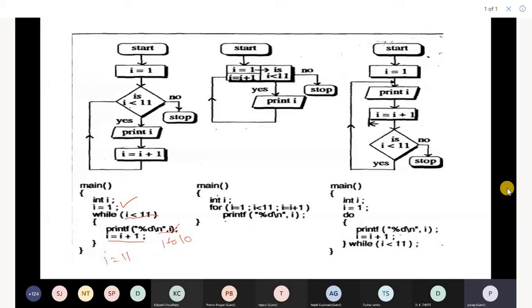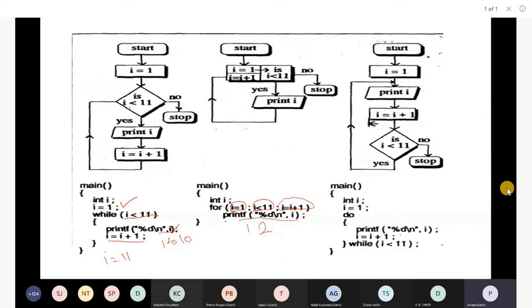Similarly, inside the for loop, initialization of I is 1, then condition check, I is less than 11, then incrementation or decrementation. So I is equal to 1, I less than 11, then you use the value of I, 1 will be printed. Incrementation, I is equal to I plus 1, I becomes 2, less than 11, 2 will be printed.